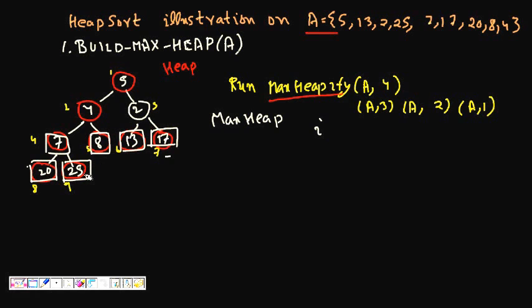So 5, this is the next element, so now I remove this and 5 and 2 are swapped. 2 comes here, 5 comes here, this is also gone. So now i becomes 2. So now we have just 2 elements, and now max heap is not getting satisfied. So 2 and 4, so 4 comes here, 2 comes here, and now we have just 2 elements here and max heap is getting satisfied.